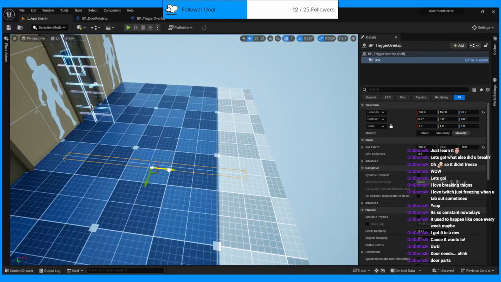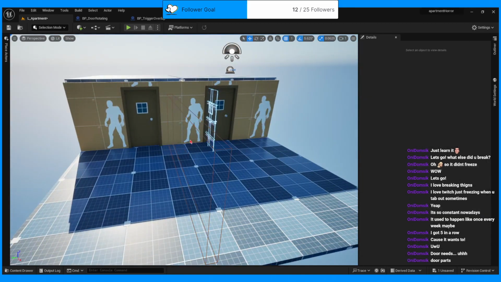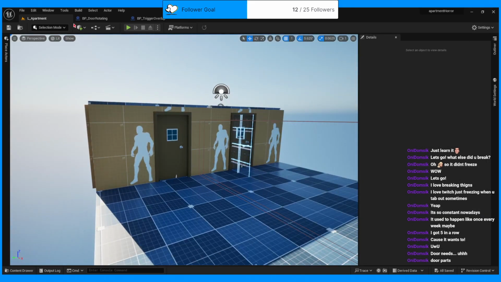I think, what is it, like 200? No, much bigger than 200. 250. All right. Well, either way, the player is not missing this collider. We're gonna scale it up by like 100, and I don't even think if they jump, they'll miss this. Okay, so